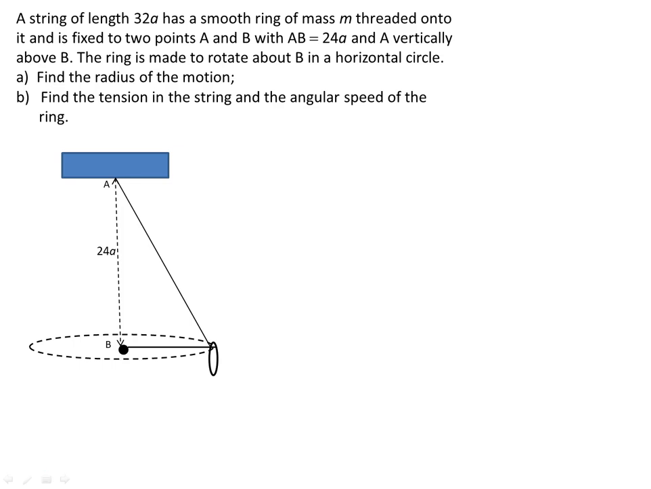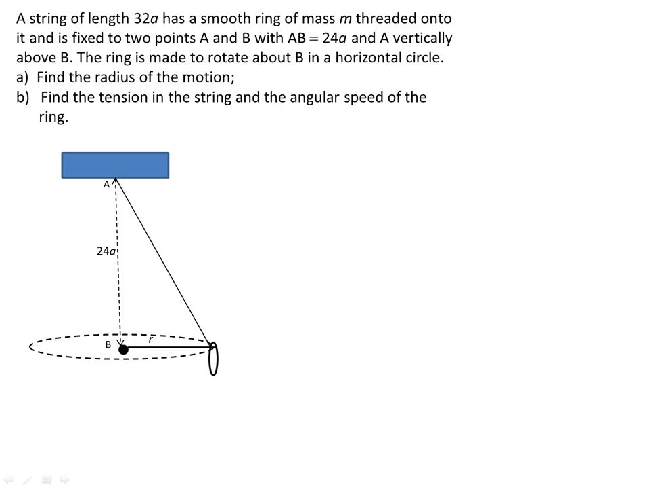Okay, so there's our diagram. And the first thing we're being asked to do is to consider the geometry of the situation. So we've got our distance AB is 24a. We don't know what the radius of the motion is, so let's put that in as being r. We do know the length of the string altogether is 32a, so the hypotenuse of our triangle must